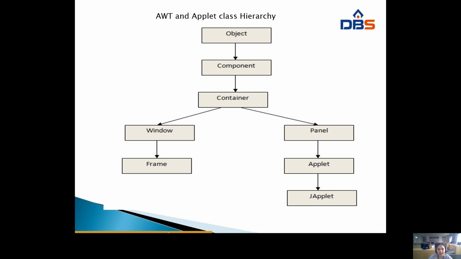This next class is the container class. This container class is the subclass of a component class. These all are the different types of applet classes, AWT and applet classes. Okay, now this component is related to the java.awt package. In this container there are different types of subclasses like windows and frames. This is related to HTML code.